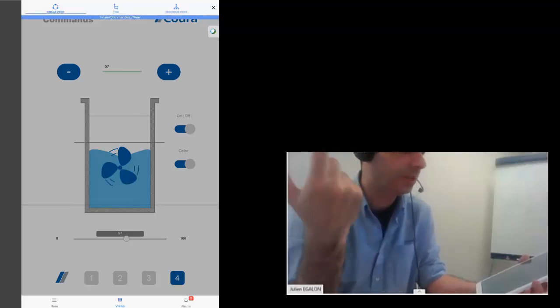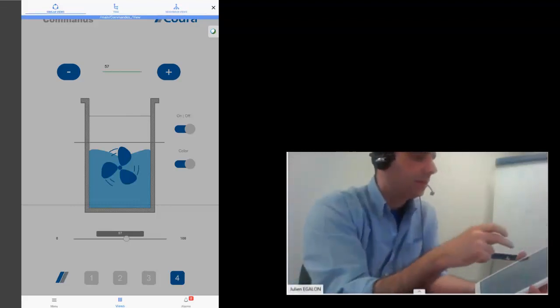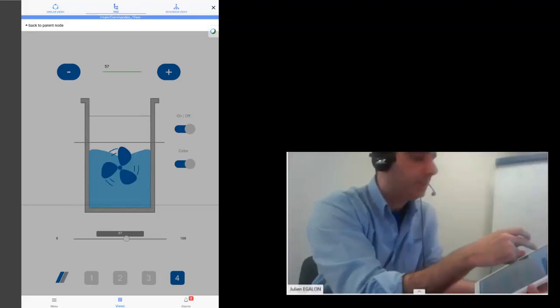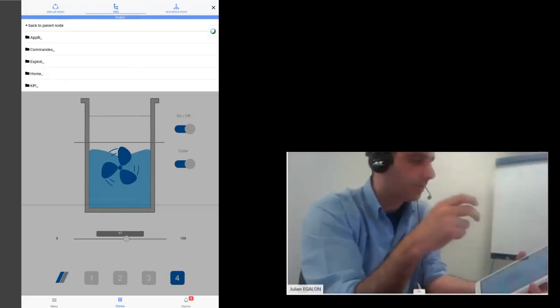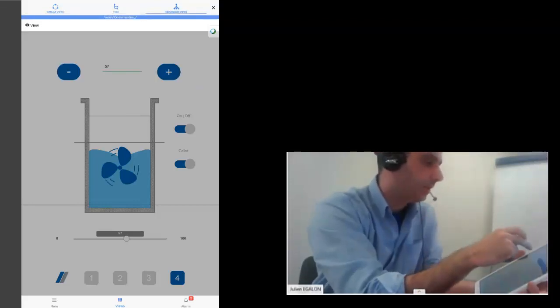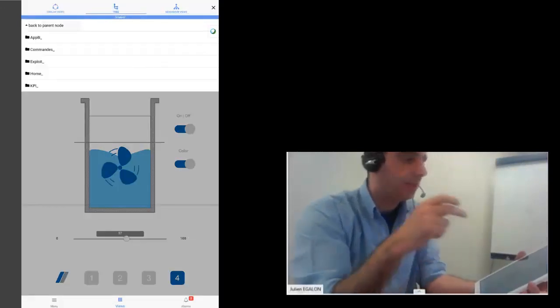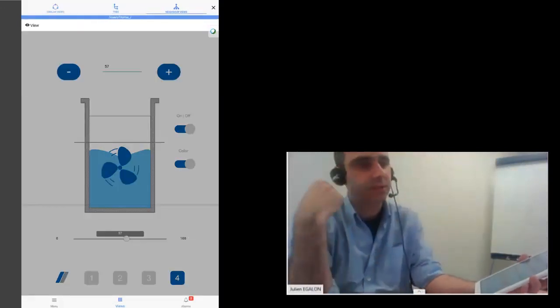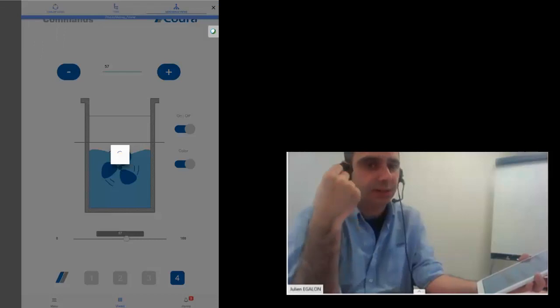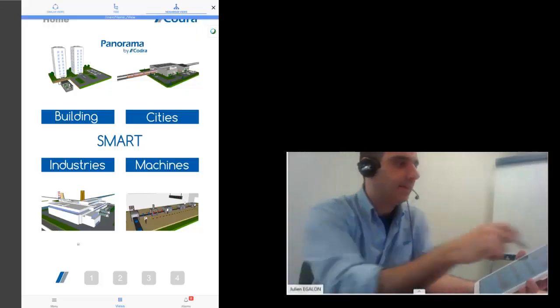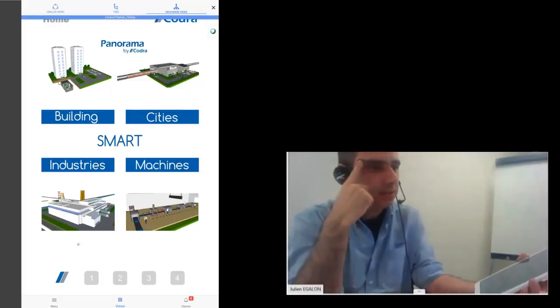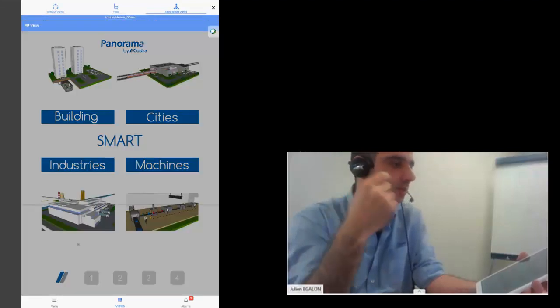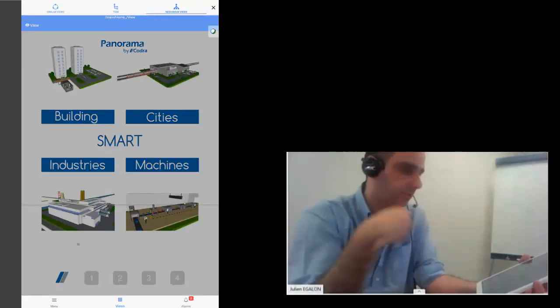We can, of course, browse all the application tree view, which contains mobile HMIs. And the neighbor view is the view available in the same node. In my application, there is only one view per node. I'll show you in Panorama Studio.